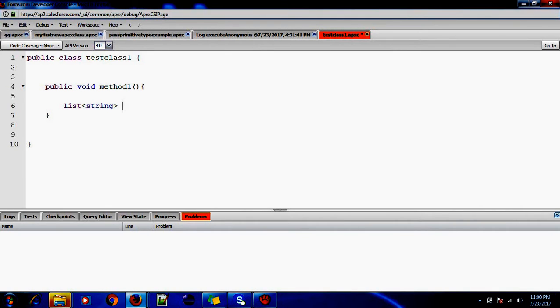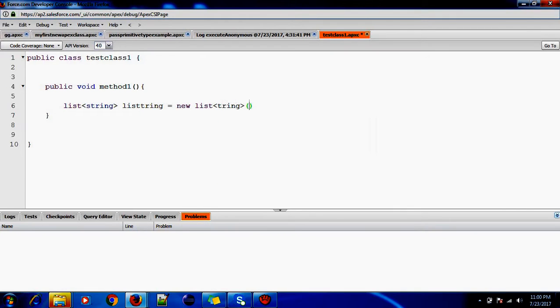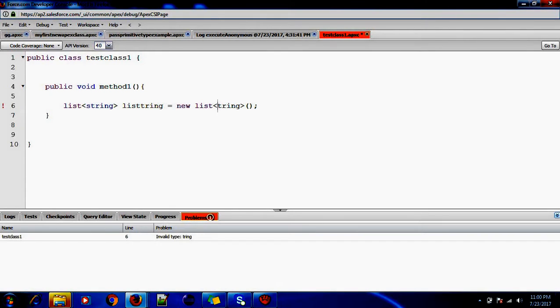So list of string, list string is equal to new list of string. Okay, so this is the syntax. So in this list of string we are going to add a string.